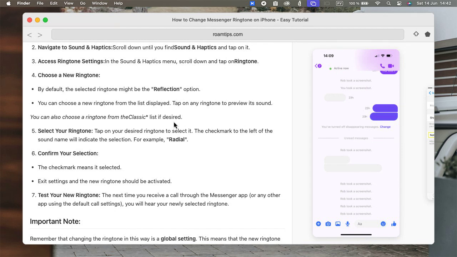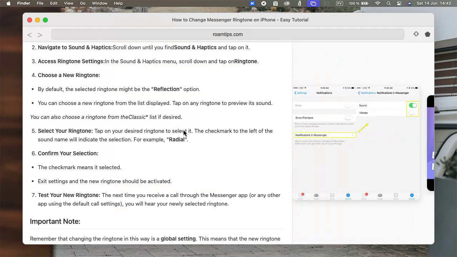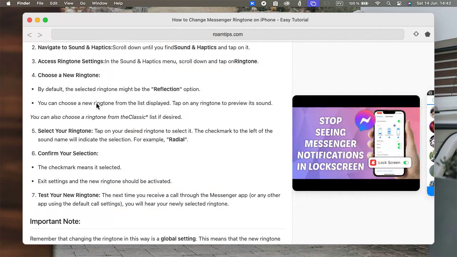If you want even more options, tap on Classic at the top to access a list of classic ringtones. For this example, let's select Radial. Play Radial Ringtone Preview. If you're looking to create a custom ringtone for your iPhone, I recommend checking out the